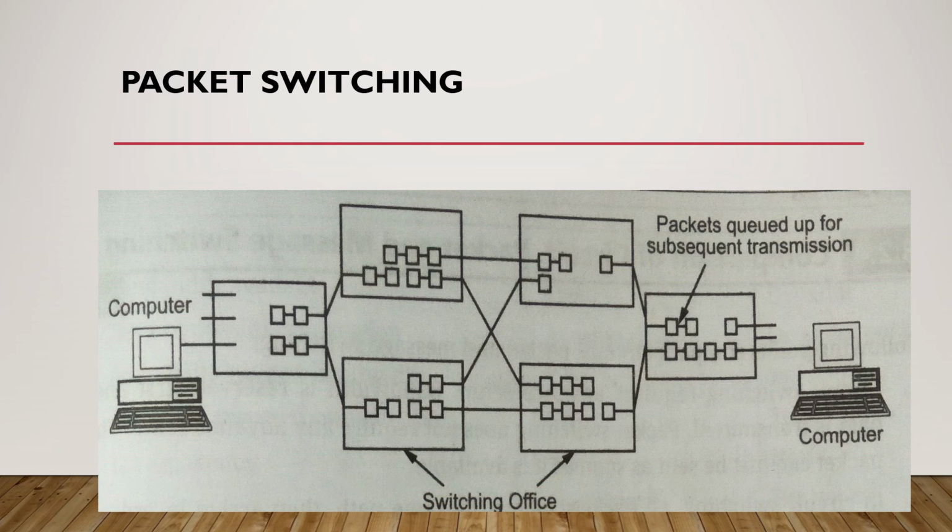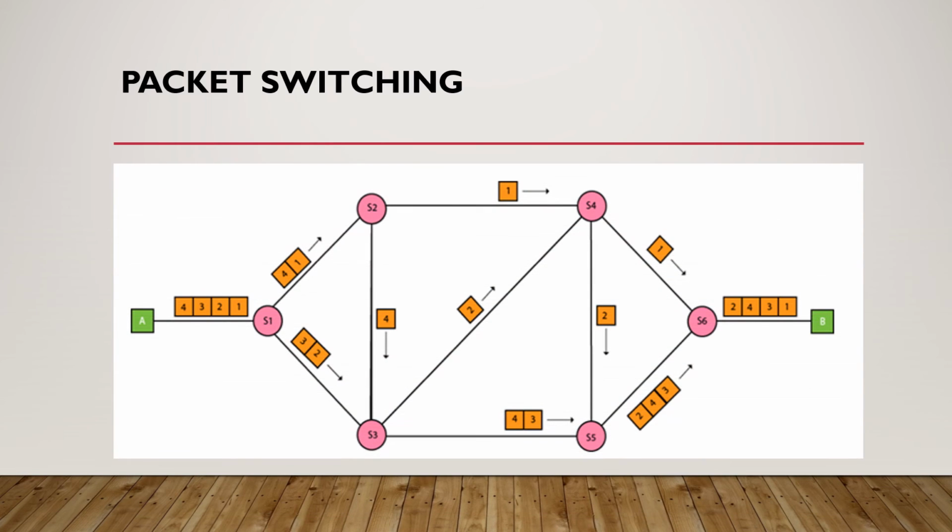Then this diagram represents packet switching. This will be the transfer of a message. Here the sender transmits a single message which is divided into four parts. Each part can follow a different available path to be transmitted from sender to receiver, and at the receiver side the packets are reassembled to create the single message again. The order of sending and the order of receiving the message may be different when we consider packets.